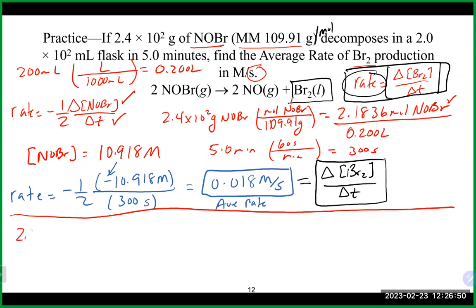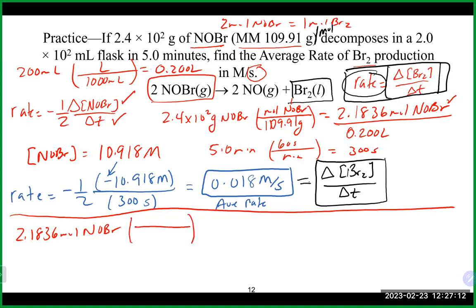We would take 2.1836 moles of NOBr, and then do a normal mole to mole relationship like stoichiometry, where 2 moles of NOBr is equal to 1 mole of Br2. So we would just do that part of the calculation, just like a basic stoichiometry problem, 2 moles of NOBr and 1 mole of Br2, and that would get us